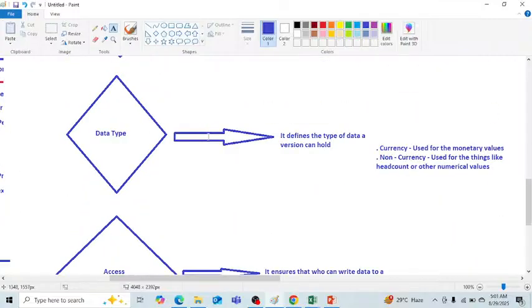Under the data type, it defines the type of data a version can hold. Again, we have two options, currency and non-currency. Currency is used for monetary values. As far as non-currency is concerned, we use it for things like head count as well as numerical values. So it is simple: what kind of data type the consultant is using, and how the experts are working upon all these things. It is very important to keep in consideration what kind of options we are selecting under the data members property,